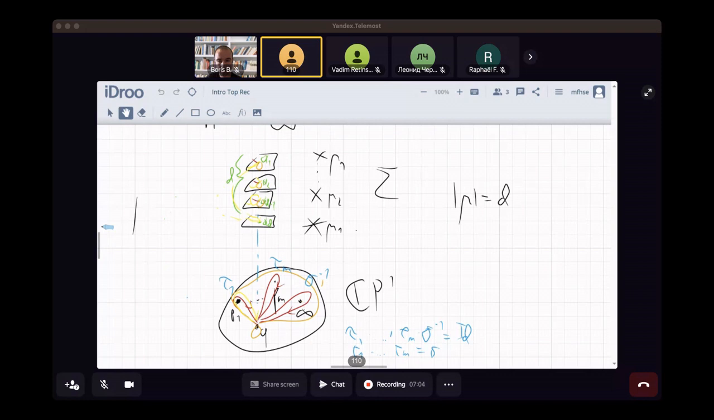To prove that the topological recursion works in this very general situation, that's what we're going to do. And in order to do that, we need to reformulate the topological recursion. So our original formulation is how it appeared